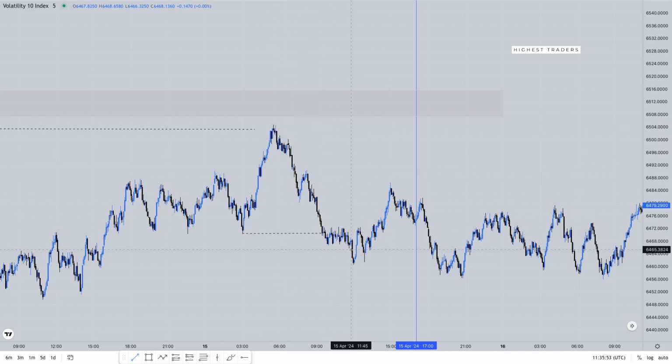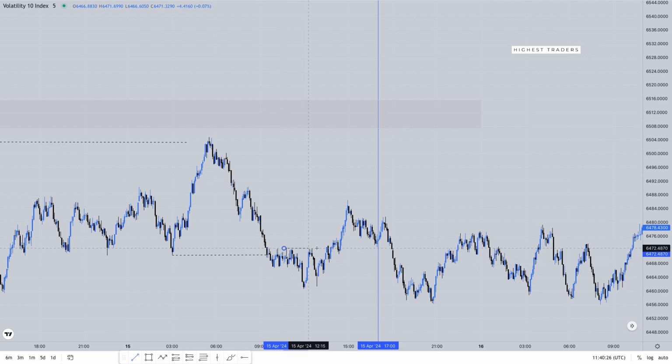On this impulse that changed character, we can start looking for our inducement again. This is the inducement. This is the first significant pullback. You can see we have this minor push, significant pullback down, and then another significant pullback here before this drop. This is our inducement, but we made the price around this level, where price already has played out all that stuff.